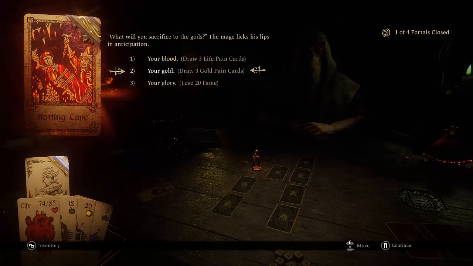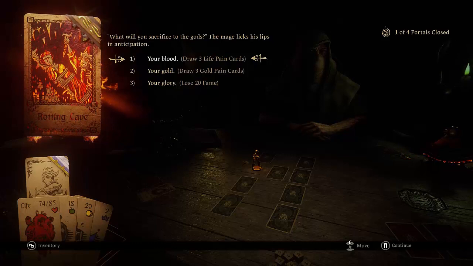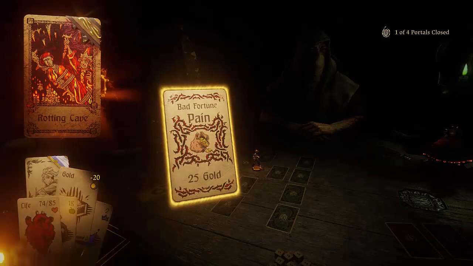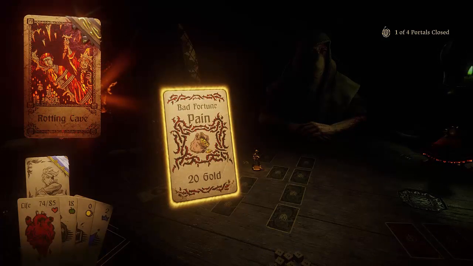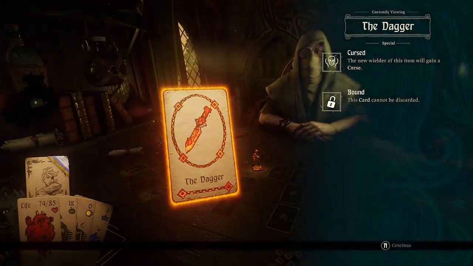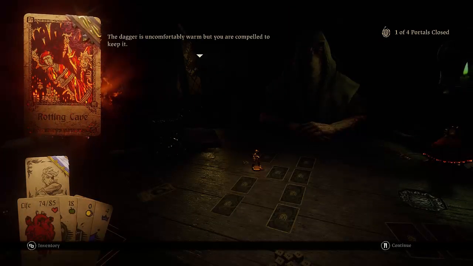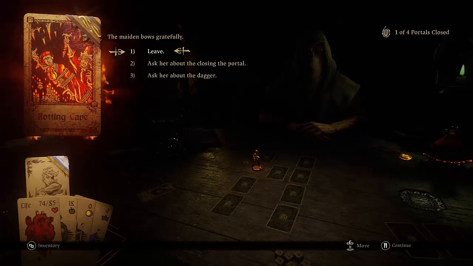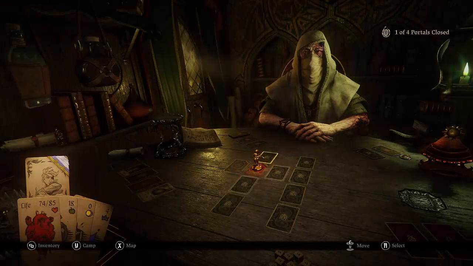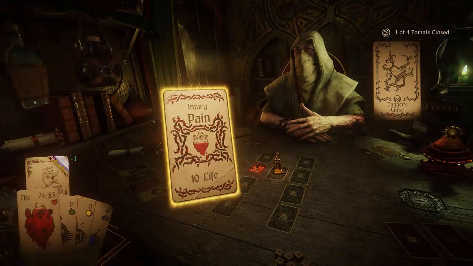Should have camped. Let's give blood. No, let's just do the gold thing again. We need fame for a bunch of stuff. One of them is we need to make sure that we can keep our bone thing on for the next leg, and we also need to make sure that if we find the curse removal thing,